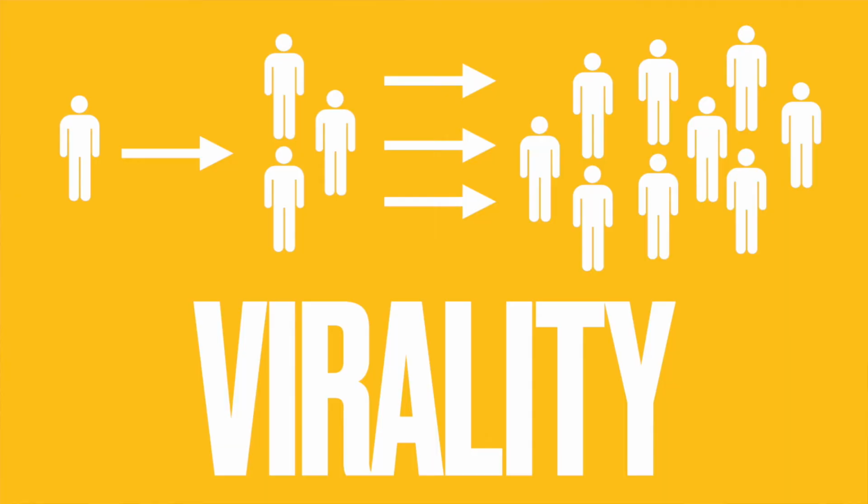And the big idea with this app was virality. It had one of the strongest viral models that I've ever seen, because when you're watching sports with a group of friends, you have to have that whole group of friends all on the application at the same time. So you're going to be required to go and invite all of those people. Now, because we live in non-overlapping or not completely overlapping social circles, many of those people will probably have other groups of people they want to watch sports with, and they would then have to invite all of their friends. And so you get a rapidly expanding exponential growth just because of the nature of the kind of customer and